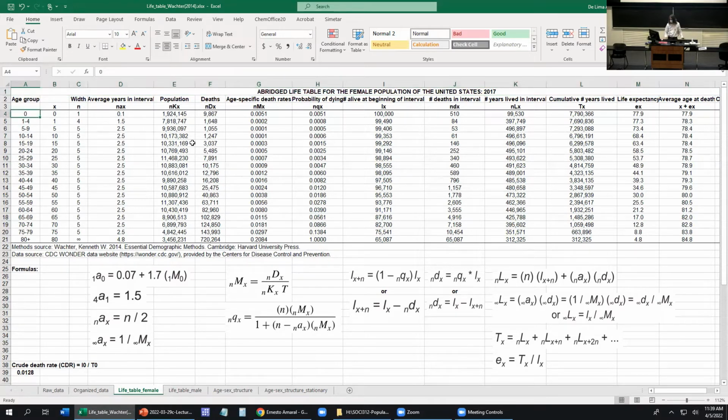So we have the age group, right? In this column, I just add the age at the beginning of this interval. So for the first one it is 0, 1 to 4, the first age is 1, 5 to 9 is 5, 10 to 14 is 10, and so on. This column here, we're going to use at the end of the life table. The width of the interval, the first one is 1 age only, age 0, then 4, and 5, which is the same as the previous